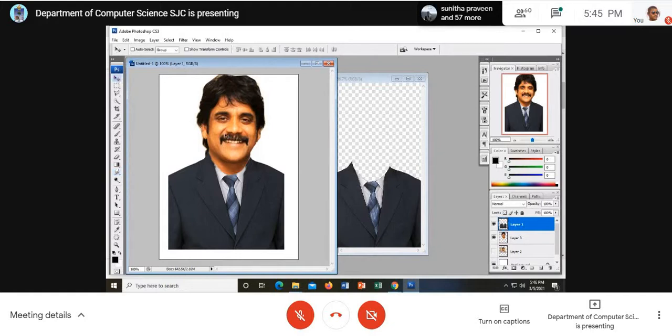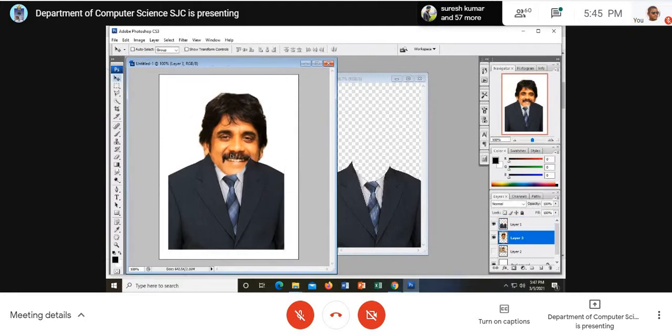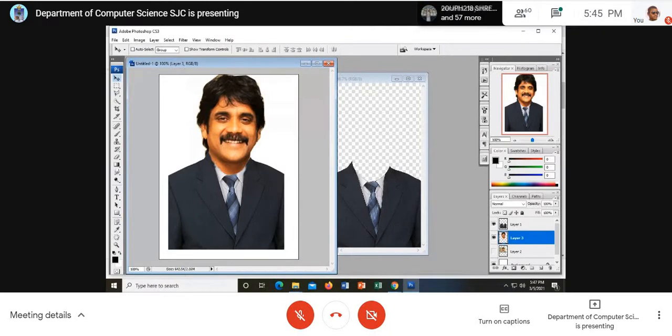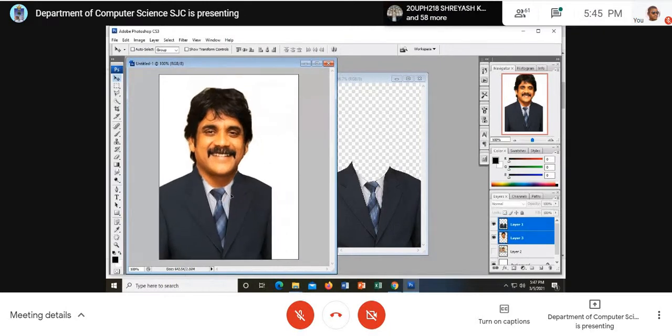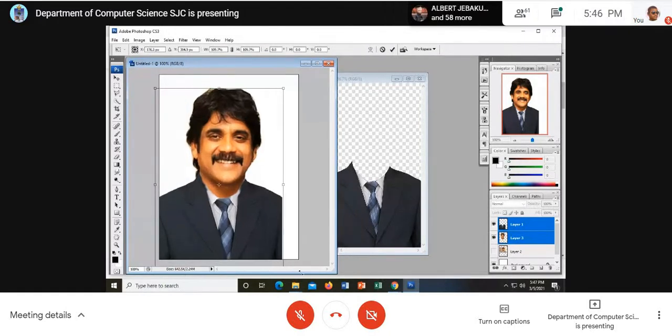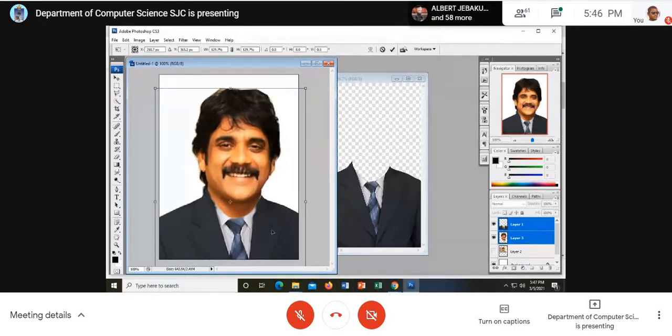I have to do that because it looks bigger. But what can I do? I can expand this quote and the face both together. One minute. Right click and choose. Now I have chosen the layer and the quote as well. See, it has become one. Now I can expand this, then it is perfect.